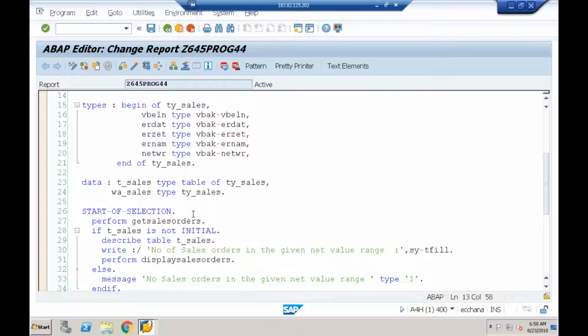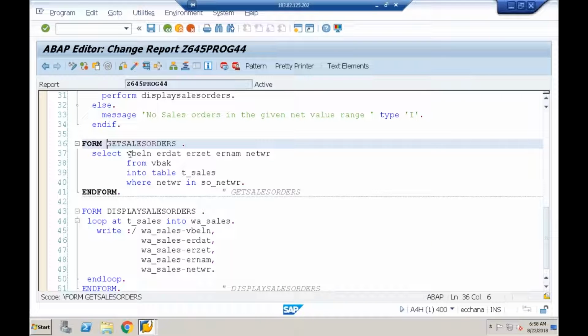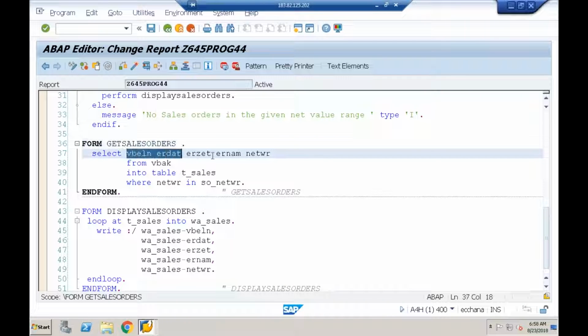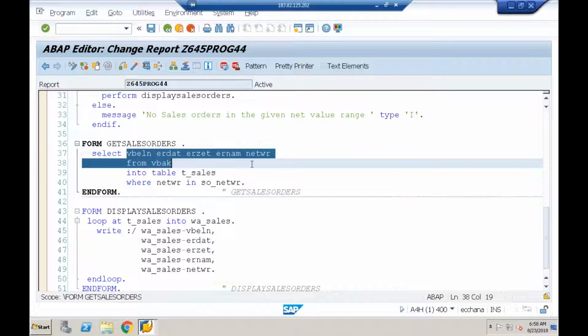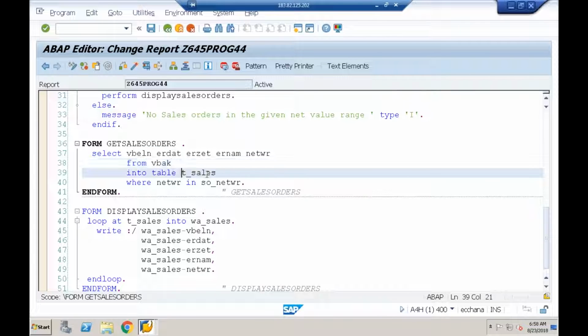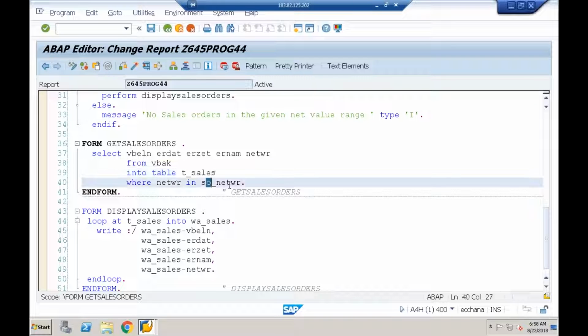Whenever we click on the execute button, the event triggered is START-OF-SELECTION. In the start of selection event, I am calling a subroutine. In the subroutine, we are fetching the data from the VBAK table. We are selecting the fields VBELN, date, time, name of the person, and NETWR from VBAK into the internal table